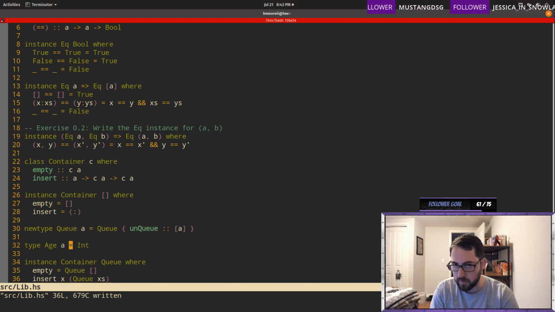It has to be fully applied when using it. Interesting. I'm not sure I've used that. We don't use type very often. We tend to use either data or newtype, unless we're just defining some sort of simple alias like this. I don't think I've ever used a type that takes an argument. Have we? Maybe. Hard to say.